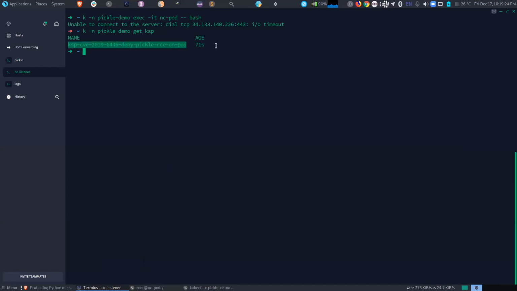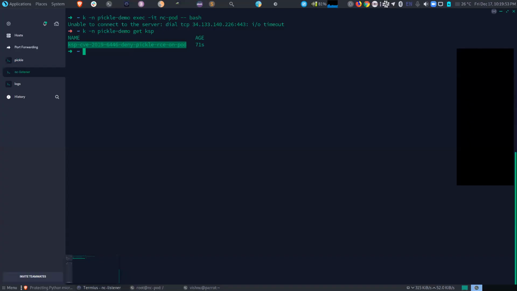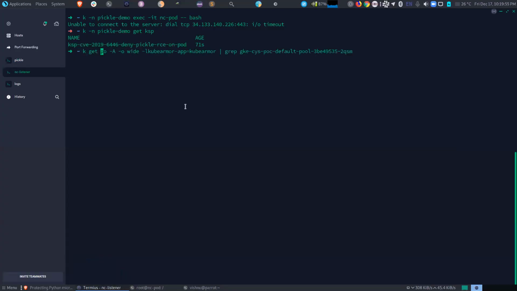Yeah, so you can see that I just created the policy 71 seconds before. And even if we have access to the root shell via the netcat reverse shell, let me type in hostname again. You can see that it directly blocked the use of this particular binary. And if I go back and see,